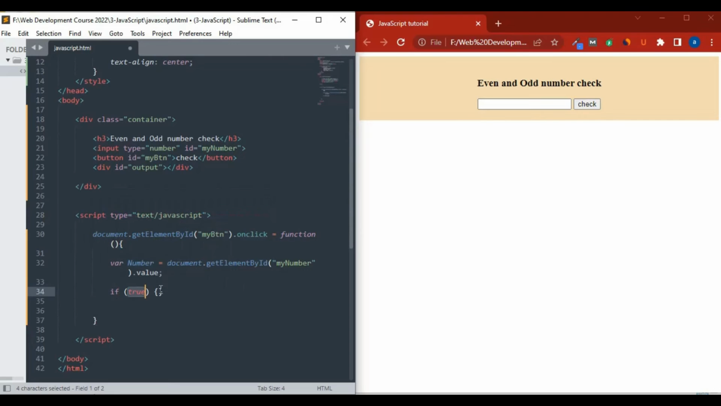I write here an if condition, and I write if our number variable remainder 2 is equal to 0. So that condition means when our number is here, it checks the remainder. Remainder tells us the remainder of a division. It means if I divide 4 by 2, then 2 twos are 4 and our remainder is 0. So that simply means when our number is entered here and its remainder with 2 is 0, then